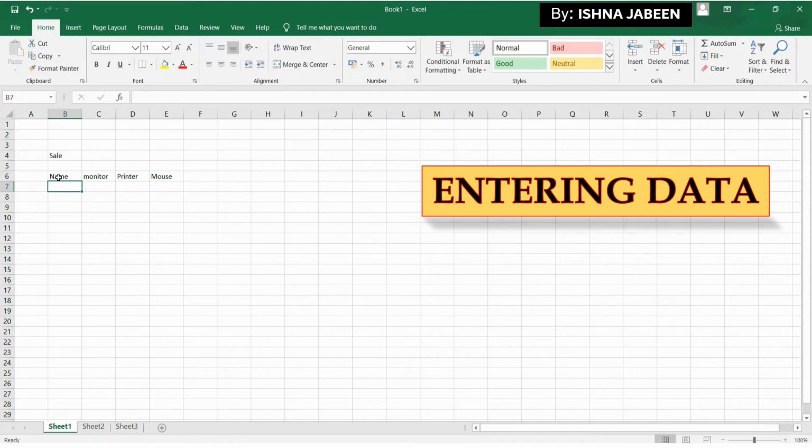By using the arrow keys you can go back and type the name and values of these monitors, printer and mouse.